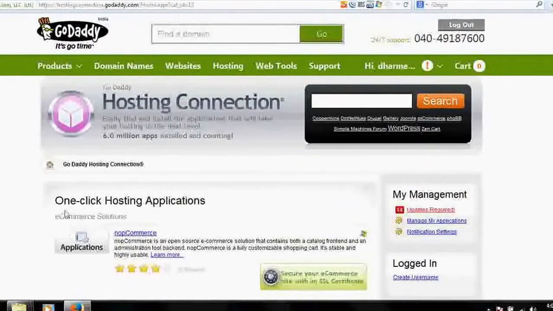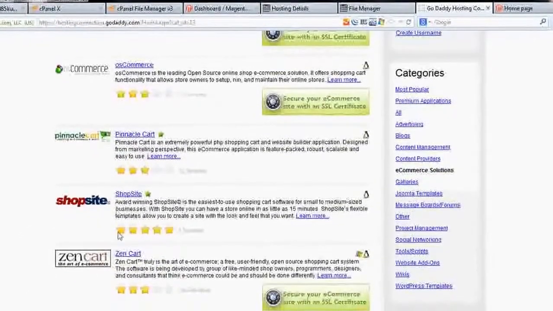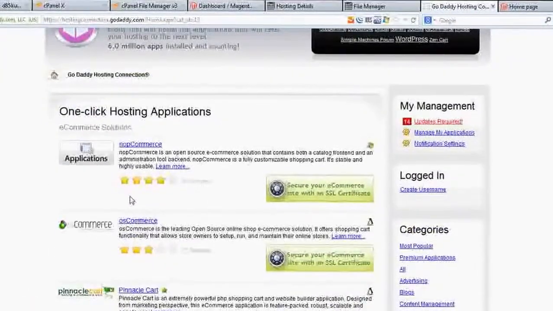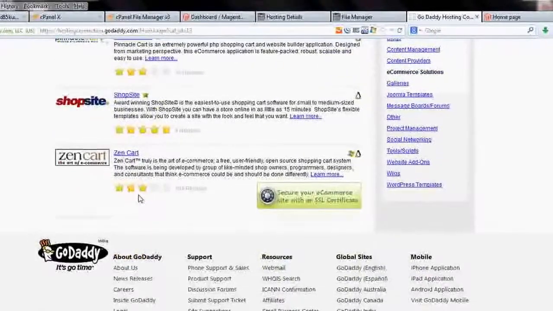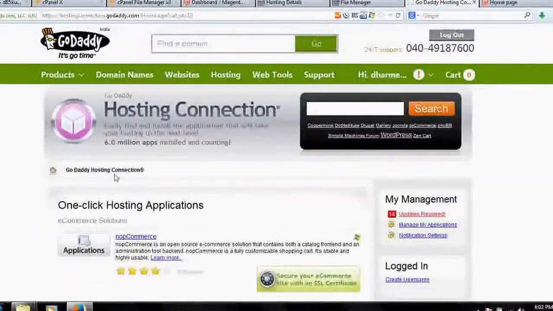You can see here there is no option to install Magento in one click. There are others, but Magento is not present here. Then if you have GoDaddy hosting, how do you do this?